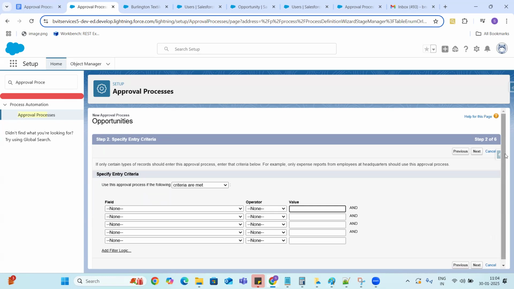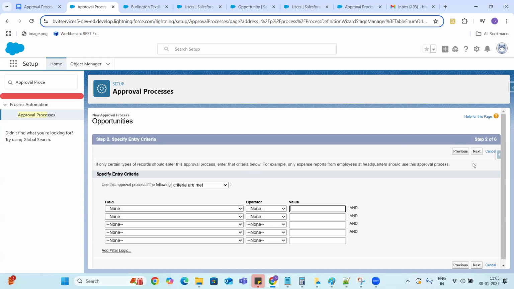Without configuring actions, it will not let you complete the approval process. It will not allow you to activate the approval process. That's the only difference between the jumpstart wizard and the setup wizard. In jumpstart wizard, without any actions, you can enable your approval process.